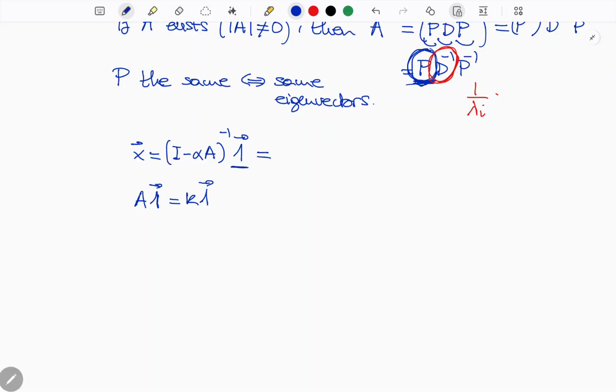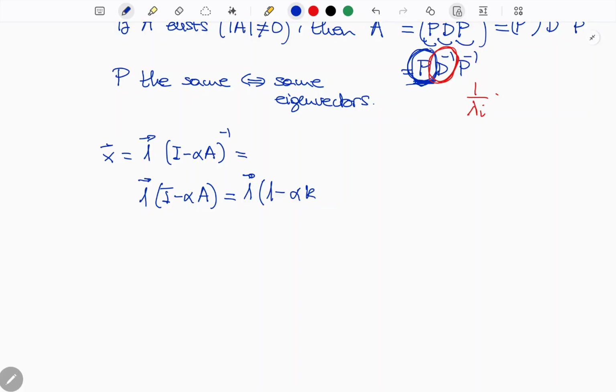In this case, our formula is x equal to 1 times that matrix. And since we know that 1 times (I minus alpha A) is going to be equal to 1 times (1 minus alpha K),